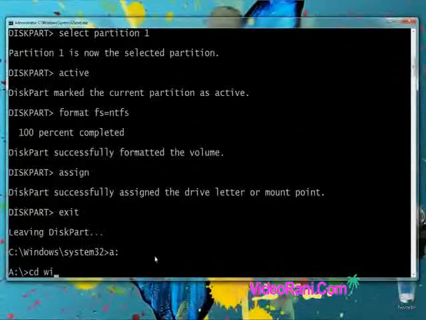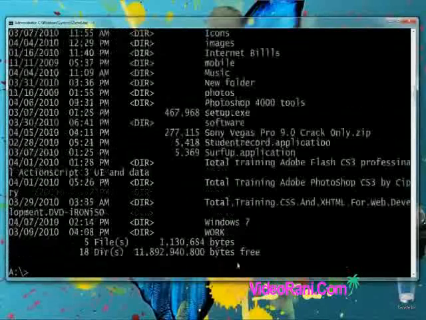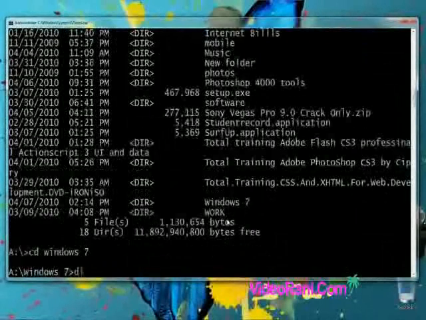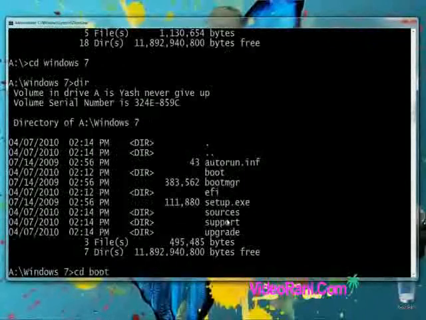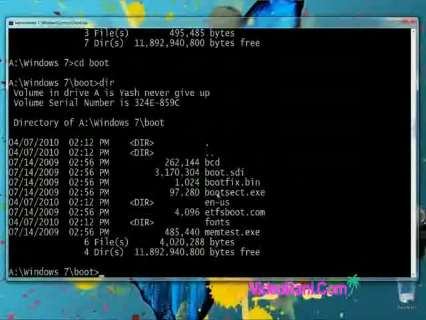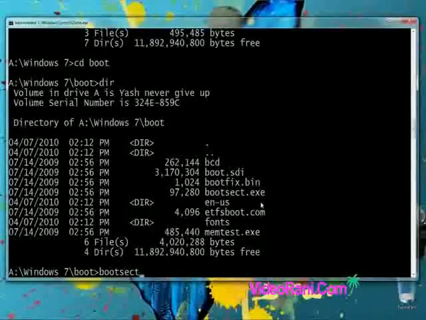Next, it's right here. Okay, it's here, Windows 7. Open the directory Windows 7. Okay. Next, the boot directory. It's here, bootsec.exe. Now you have to update the boot code in the bootsec executable file for my pen drive. I'm going to do that with the command bootsec.exe /nt60 H: